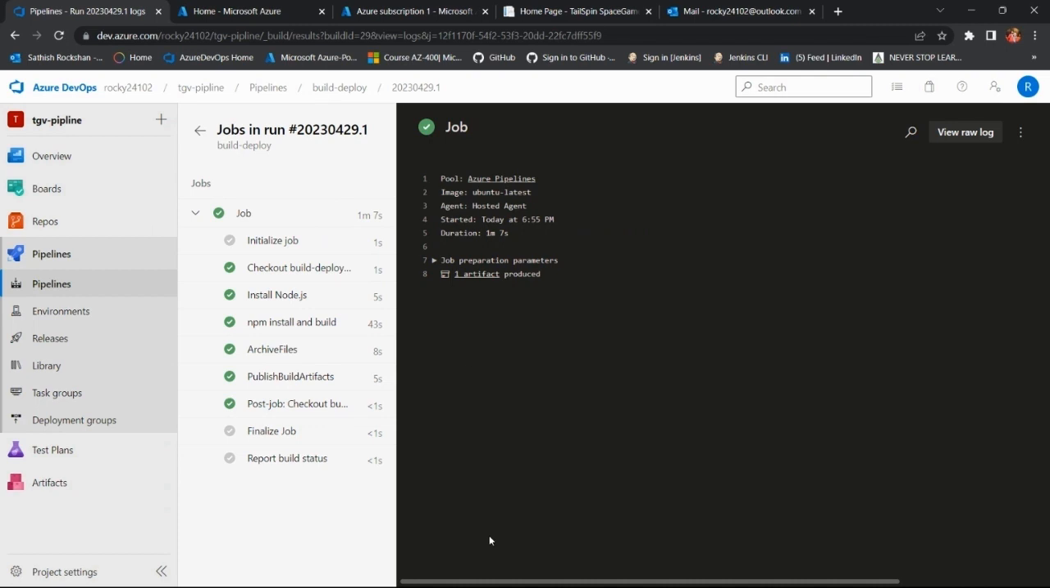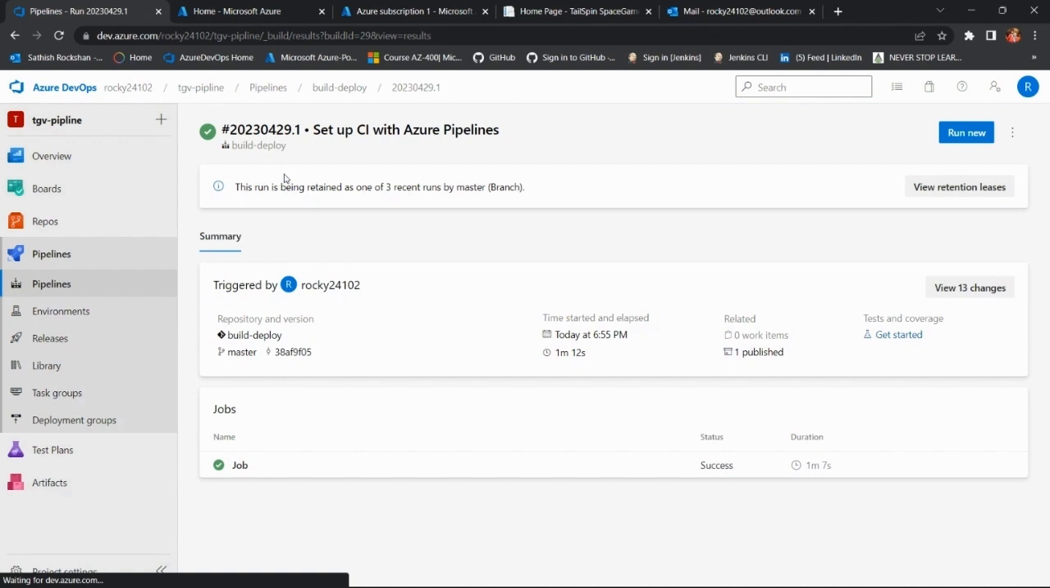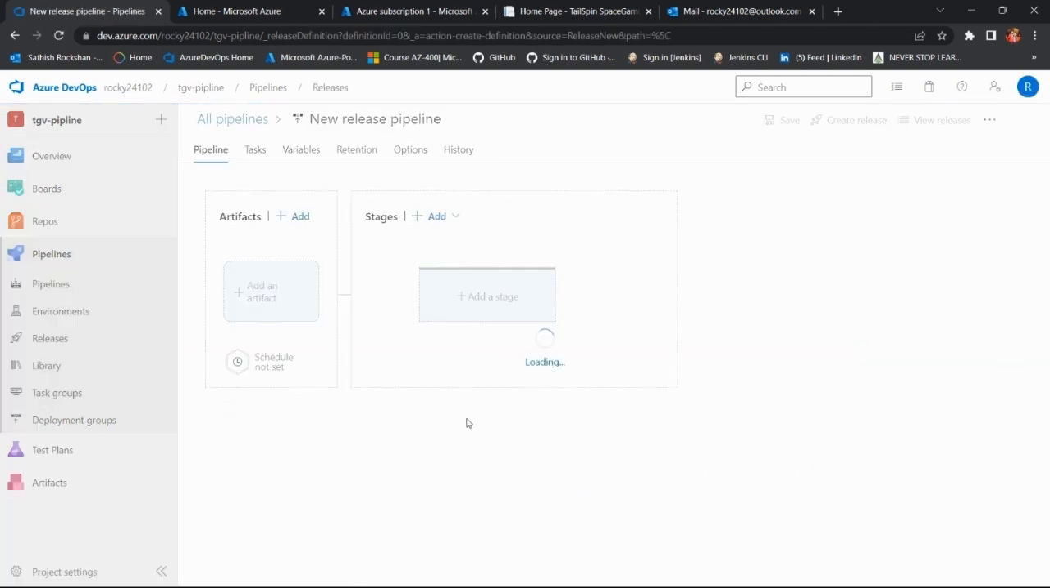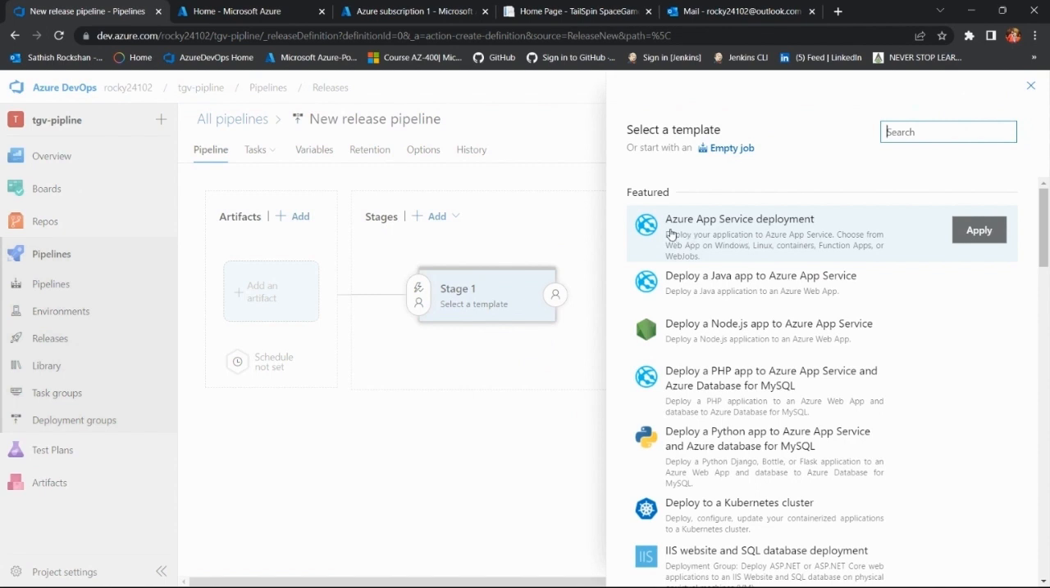In the previous video we talked about and created a build pipeline. In this video we will see how to create a release pipeline and also target an app service. For that I am going to create a new pipeline in releases. We can select this template, Azure App Service Deployment,